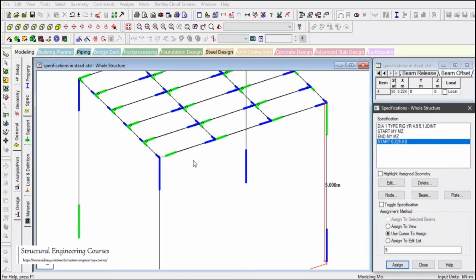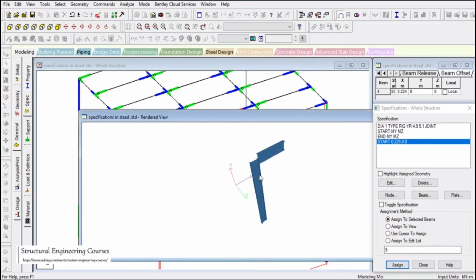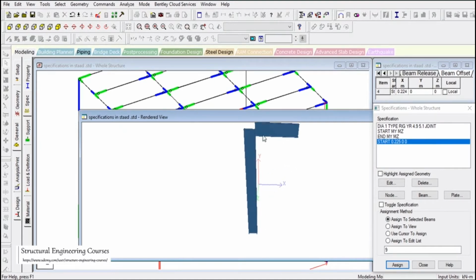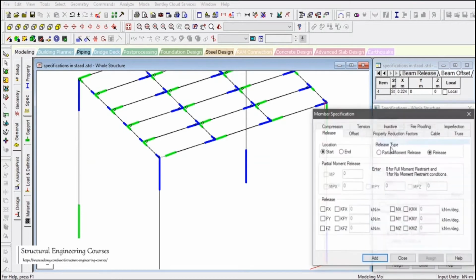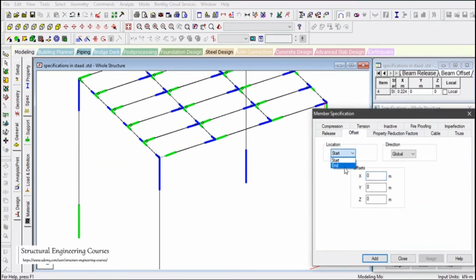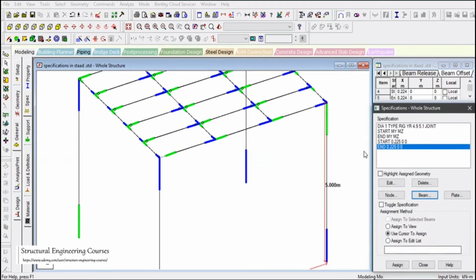So when we do this and then left click this member here and this member here, we can see that now the connection is correct. That is, we are terminating the structural steel member here at the column face only. Similarly, we need to select beam and offset as location end and X as 0.225. So we need to do the same thing here also.